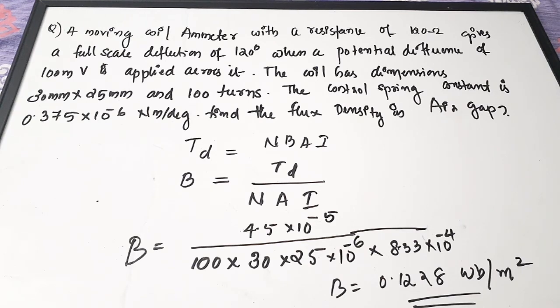I'm hoping that you understood how to do the question. The main point is that we have to equate the controlling torque and the deflecting torque. We have an equation for deflecting torque and also an equation for the controlling torque. If you want to find any of the variables, you have to equate these two torques and find the variable by substituting all the other given variables. This is the main type of problem which you have to face especially in competitive examinations. I'm really hoping you understood the concept, the working of PMMCs, its various systems and its torque equation and everything.